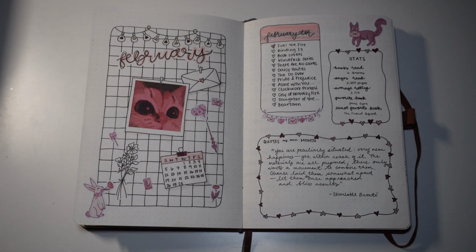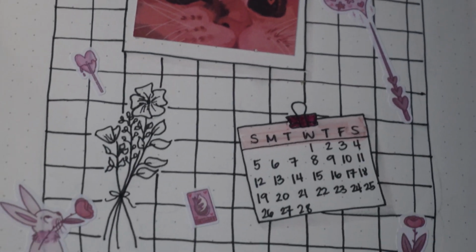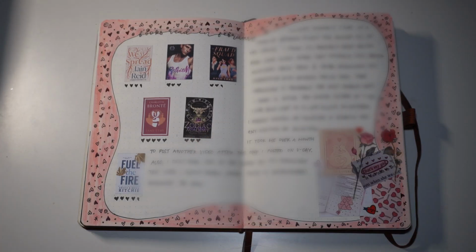And then I did my February month, and I actually really like how this one turned out. I was using like stickers and stuff, and I just did a lot of doodles. Then these are all of the books that I read for that month. And then this is kind of when everything just falls apart. I stopped using this journal. So here I have my March,